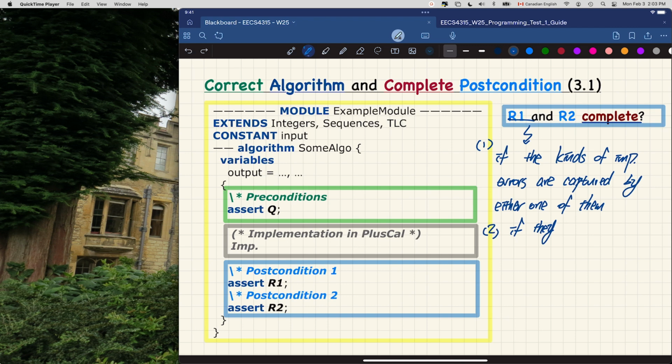If they account for all possible ways that the implementation can go wrong,